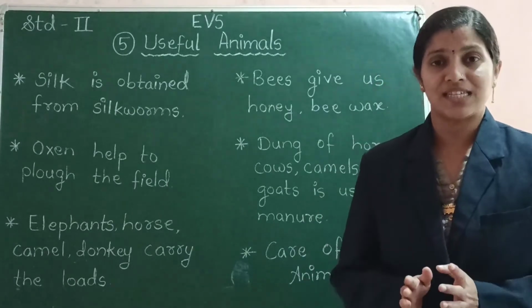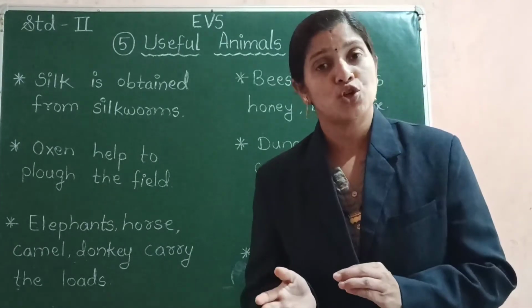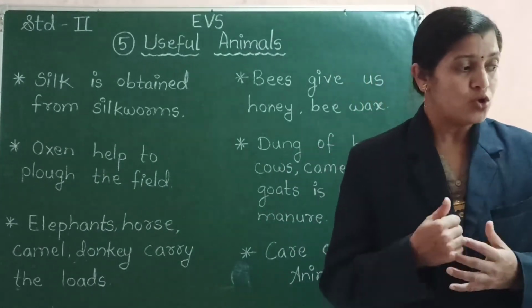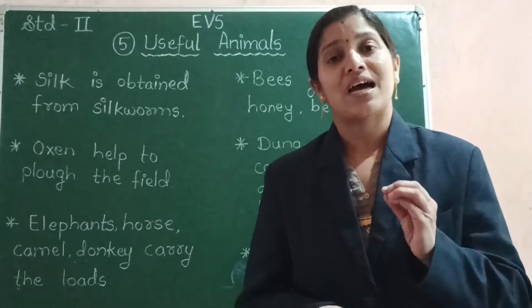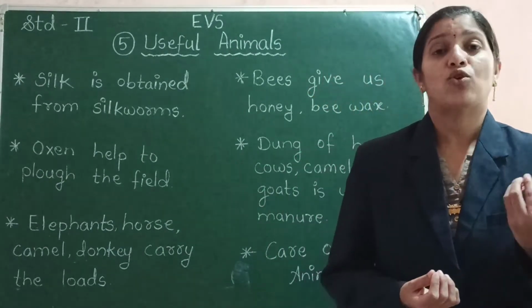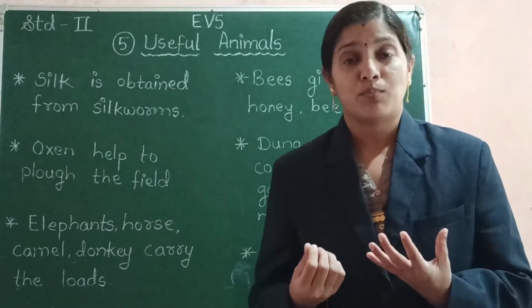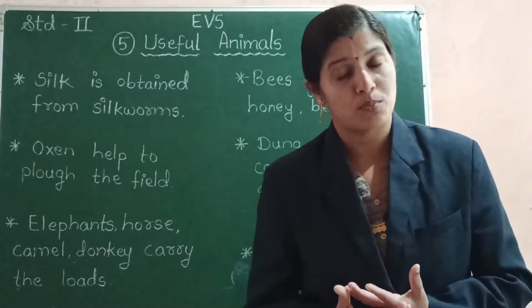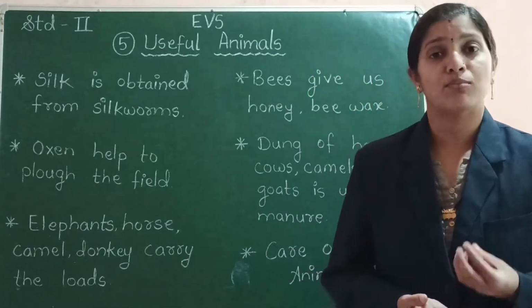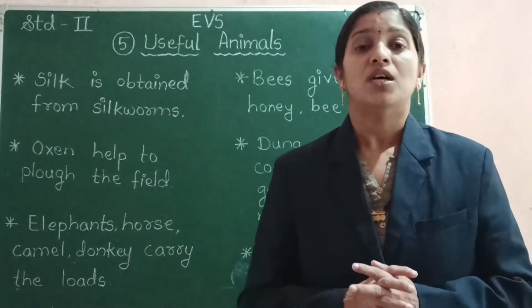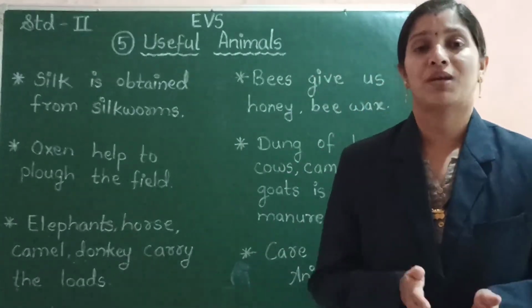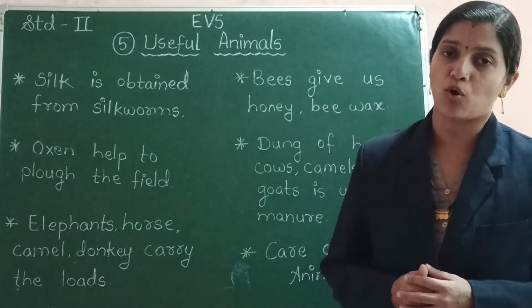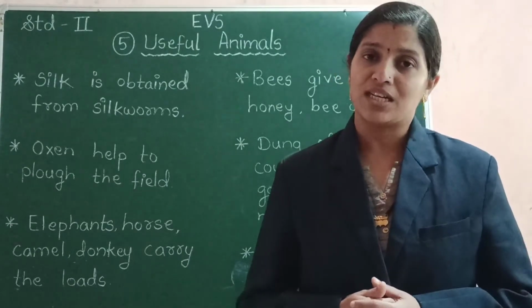Also, we should not tease them, or we should not behave in such a way that will trouble them or create problems to them. So also, whenever these animals are sick, suppose they are not eating food, or they are having any problem to walk, they might get hit by some object and they are not able to walk properly, then it is necessary that we take them to the veterinary doctors. A veterinary doctor is a doctor who is specialized in treating the animals. So whenever these animals have any problems, we should take them to the veterinary doctors.